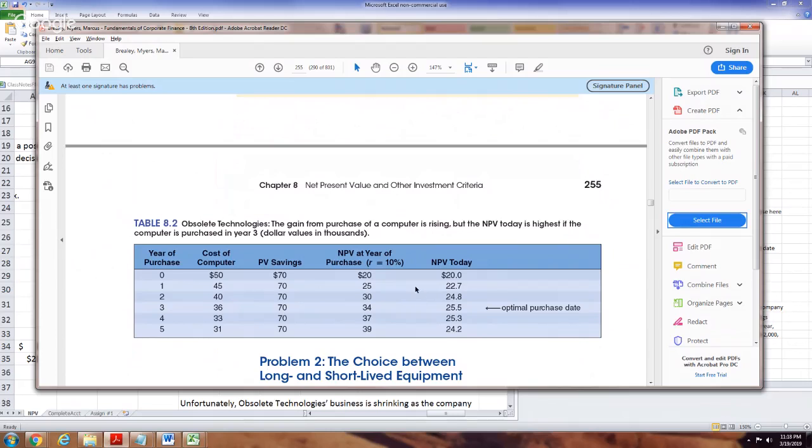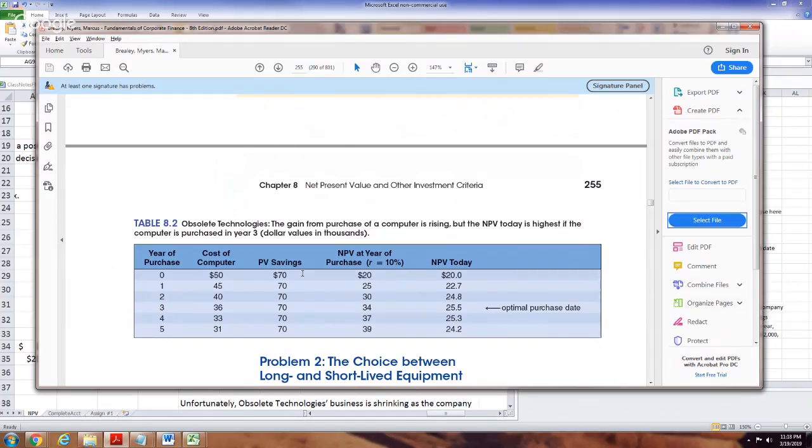Now, looking at this, as if we were in class, I'd be tapping my pen on the overhead saying, this is just a dead picture. And it is. You're looking at this, you have a couple of years, the cost of the computer is going down. Now, the present value of the savings, I don't know if they mean to those years. We were just given this. But we all know how to compute present value of something: divide it by 1 plus r, and extend it for the number of years away from your reference point, by 1, 2, or 3, or 5, or whatever it may be. But they just give you these present values of the savings.